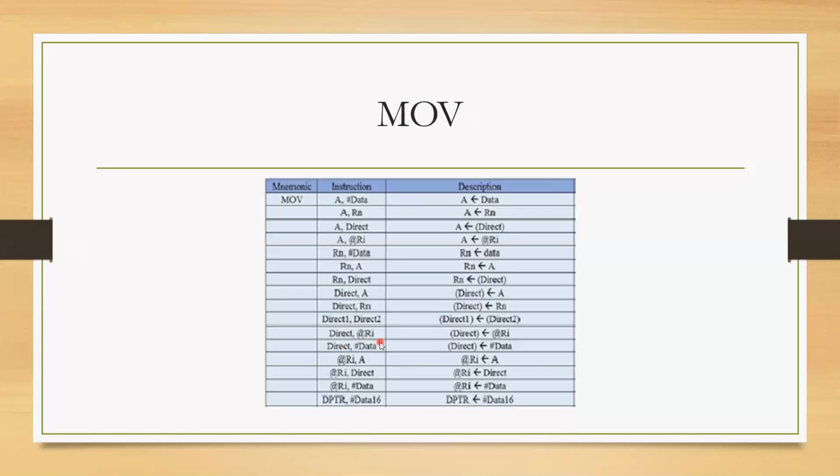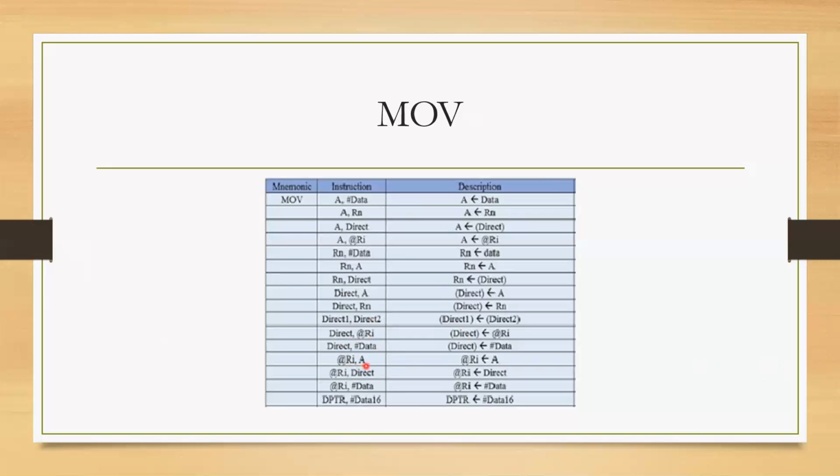MOV direct, @Ri: Ri is a register pointer that points to a location in the memory, and from that memory we move data to the address specified here. MOV direct, #data: the data is directly loaded to a memory location.